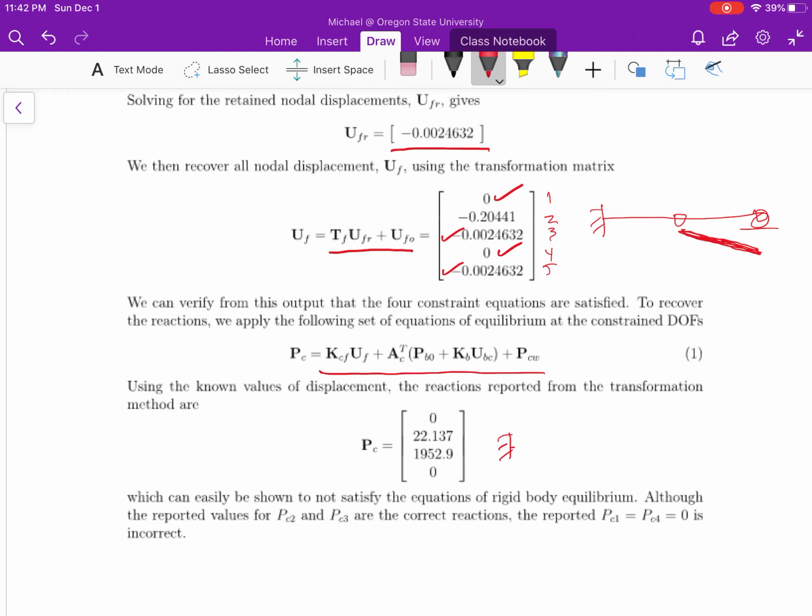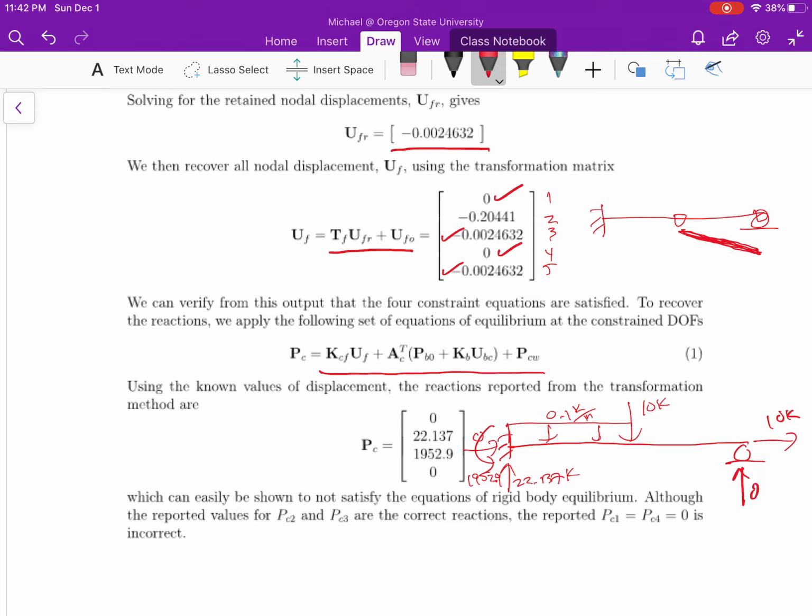Let me just draw those on here with the applied loads. 10 kips, 10 kips, 0.1 kips per inch. So that gives us a reaction of 0 there, 22.137 kips there, 1952.9 kip inches there,